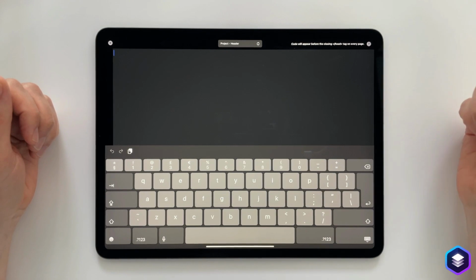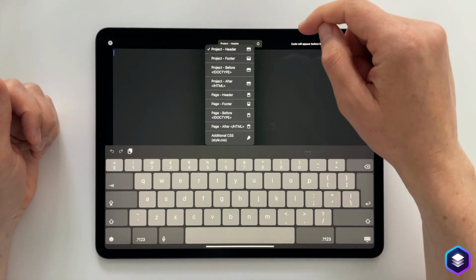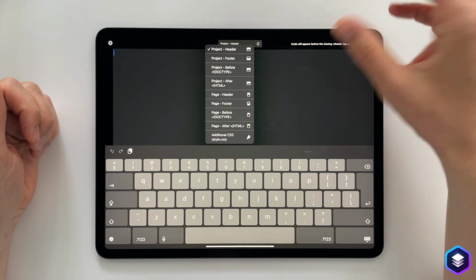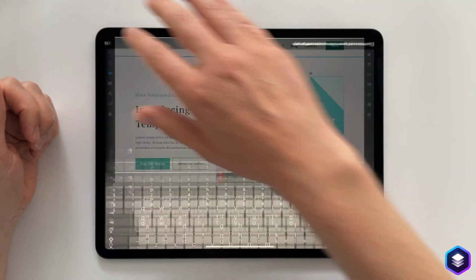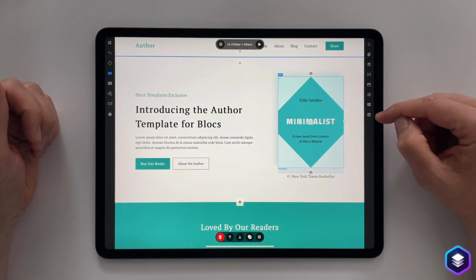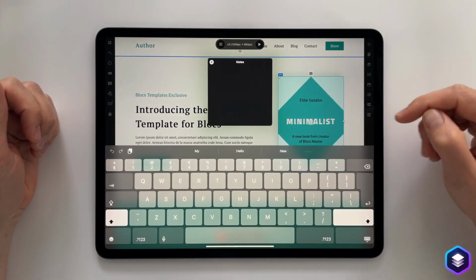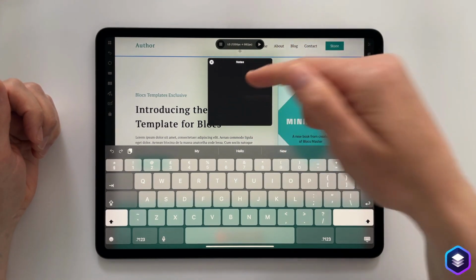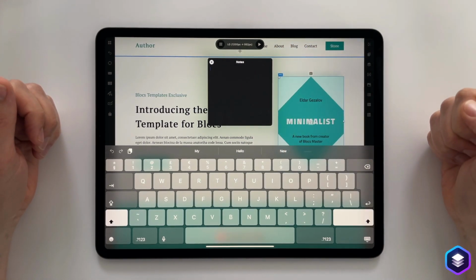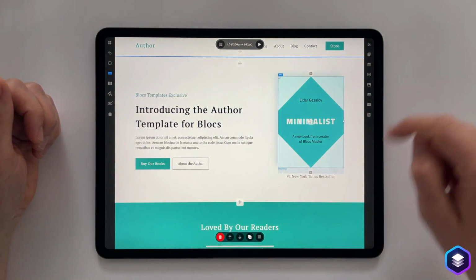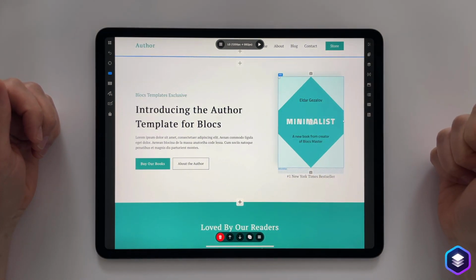We also have the code editor, which is full screen. We have syntax highlighting, and we have all of the code input zones that you're used to having on the Mac. And finally, on this right side, we have notes. So if you have a project and you're making some notes, you can store those in there and you can access them with the little notes icon on the side.